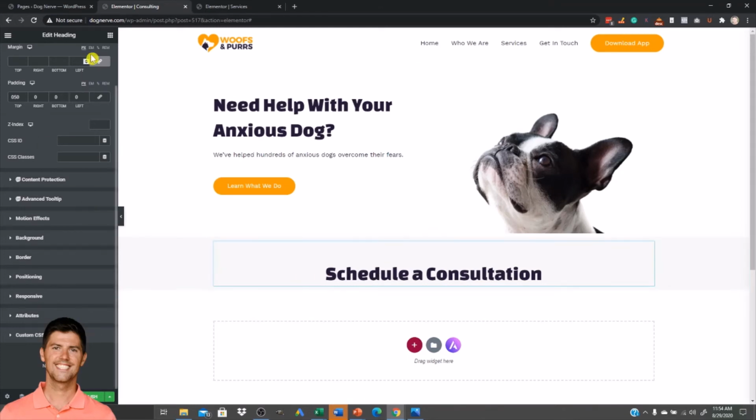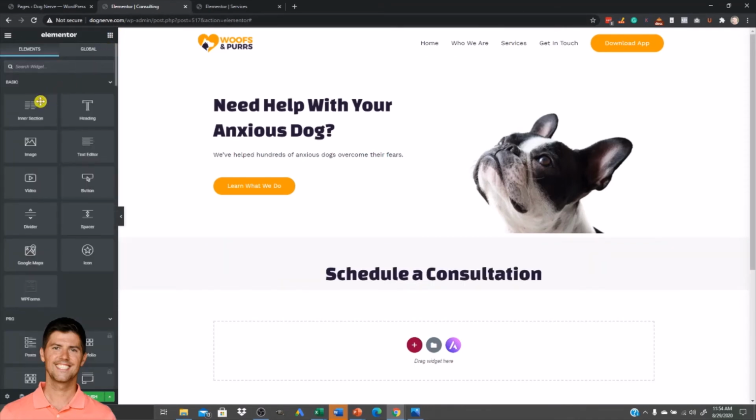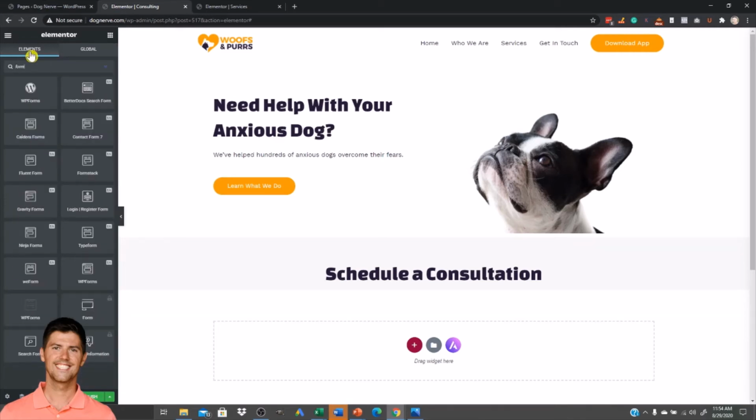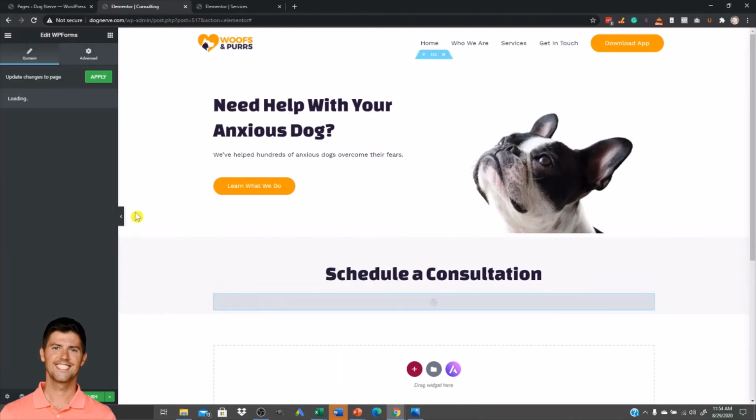So I'm going to go up into my elements area and I'm going to look for a form. So I don't see one here. Actually, I do. WP Forms is right here, but I could also search for a widget if it wasn't right there. So let's say I look for WordPress forms here. I can go down, drag that in, and when I do that, it's going to ask me